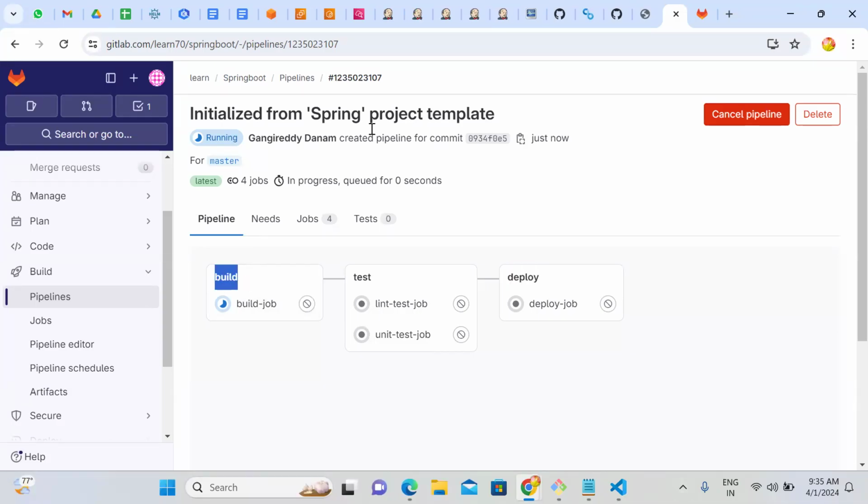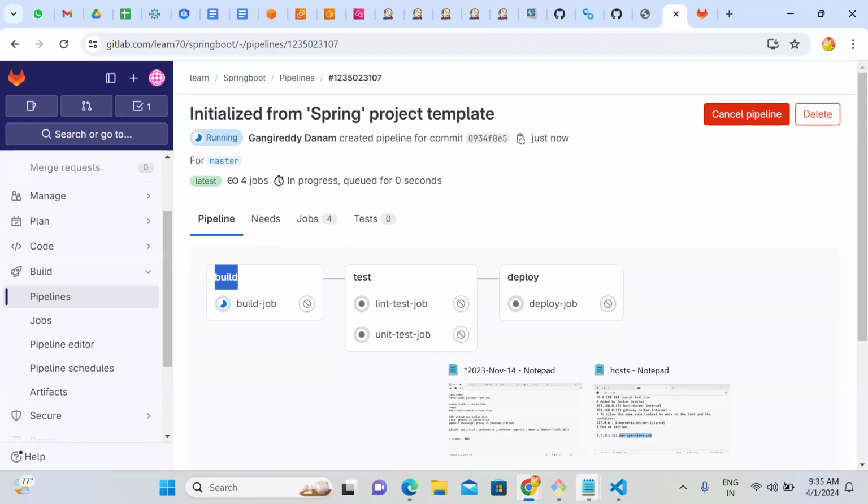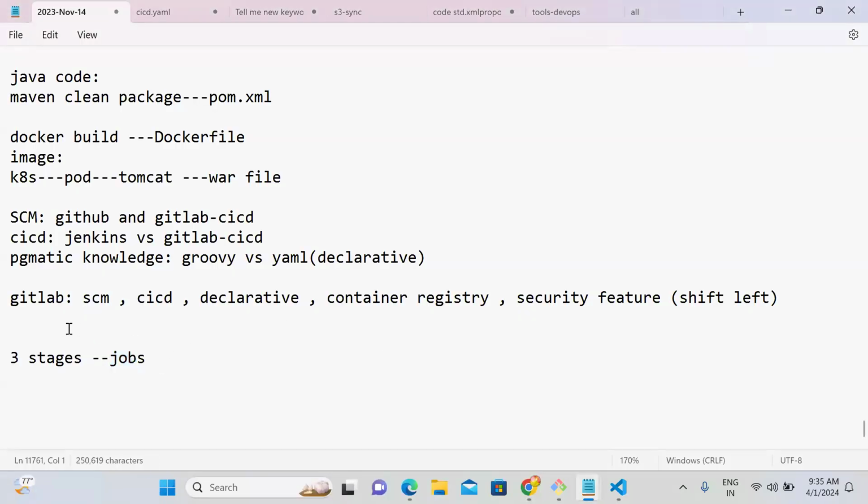Build. So when you run a pipeline, automatically GitLab will scan for one file. Guys, let me tell you, in the interviews, Jenkins was used previously, and you need to know that some companies still ask about Jenkins. Now the majority of people are going to GitLab. GitLab is a very fast CI/CD tool. So when you're running a pipeline,